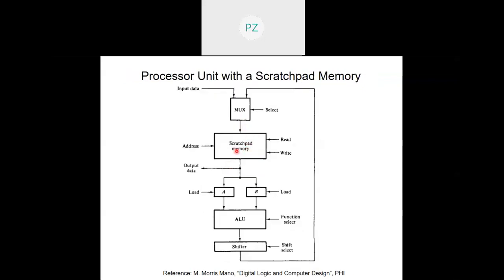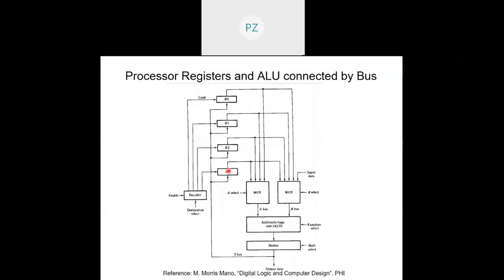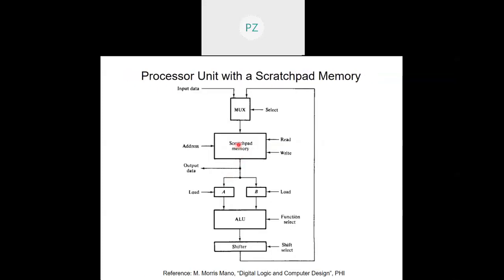I'm calling it a scratch pad memory just as I had a scratch pad register set, right? So in that sense, this is a scratch pad memory. So obviously the memory would like to have the address lines, because its address will decide which one of these locations have to be accessed for reading or writing, depending on the control, read and write. Suppose I just want to do read and no write, then data will come out of it, right? And it will be routed through A and B multiplexers into the ALU, the same shifter.